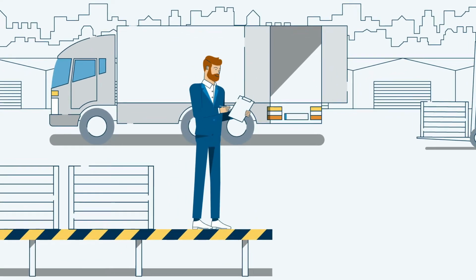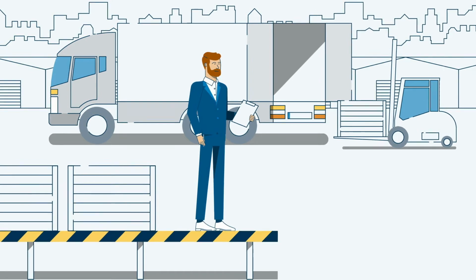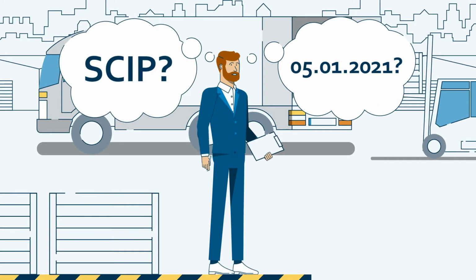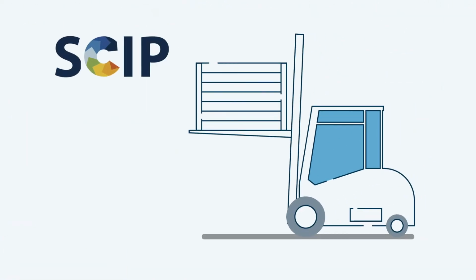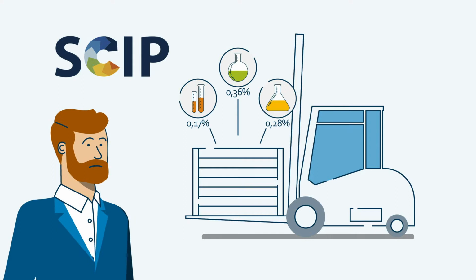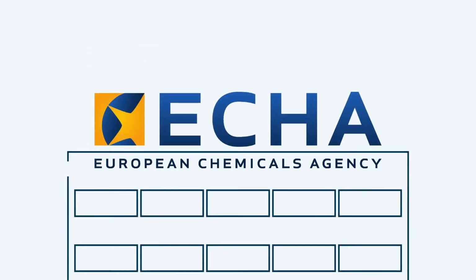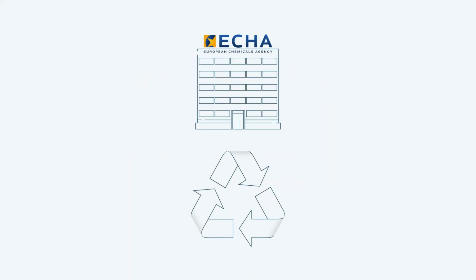Are you producing or trading products in the EU? Then, from 5th January 2021, you'll need to have registered your products in the SCIP database. What is SCIP? This is the database where all products need to be registered which contain more than 0.1% substances of very high concern. The European Chemicals Agency, ECHA, instituted this decree to simplify recycling processes and take care of